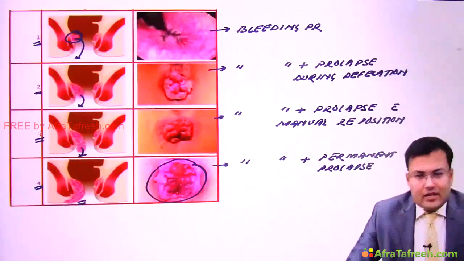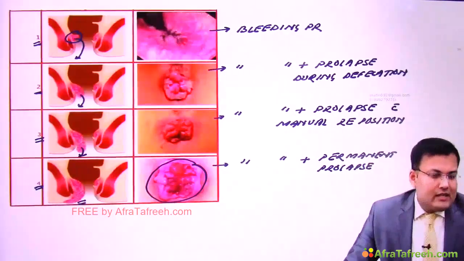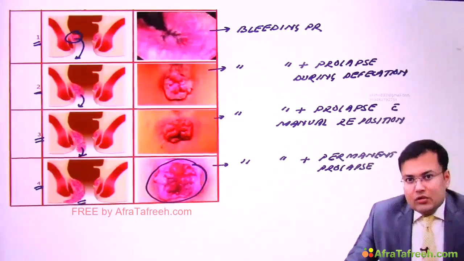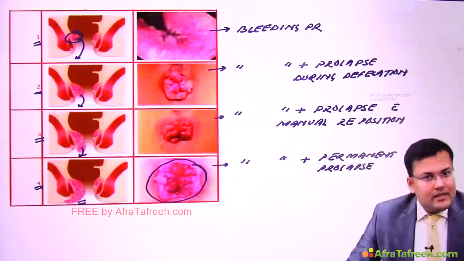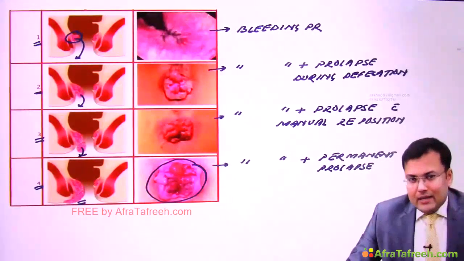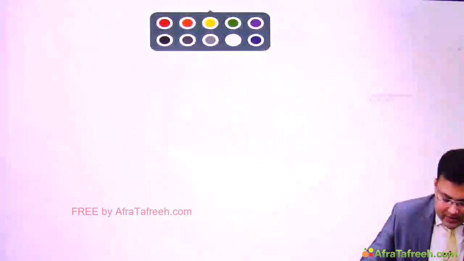So what do we have to treat? First, try to treat the constipation. So we are going to advise sitz bath, stool softeners, and high fiber diets. For lower degree, means for first degree, sometimes this is sufficient. So the management is dependent on the degree. Okay, so see how we are going to manage.